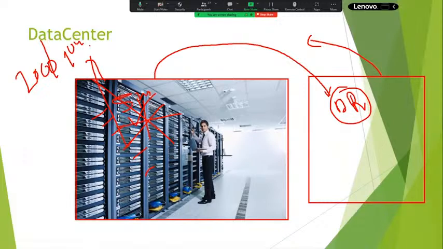Even though it collapsed, the US did not lose even a single record. Whatever debits and credits were handled by the US, they haven't lost any of that data. Why? Because they were already maintaining disaster recovery, another data center. Even though the World Trade Center was collapsed by terrorists, they haven't lost any data, only the physical damage of that building. That's it. In the same way, to keep our data safe and secure, we need to maintain